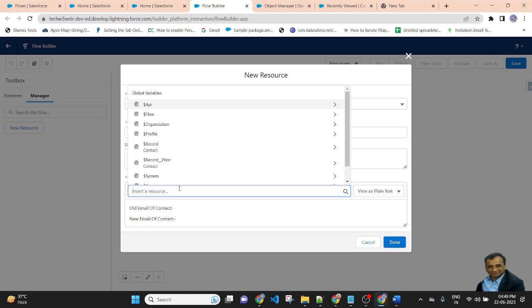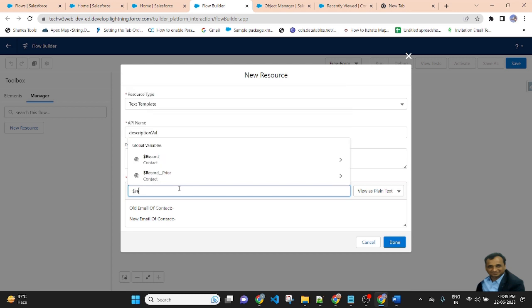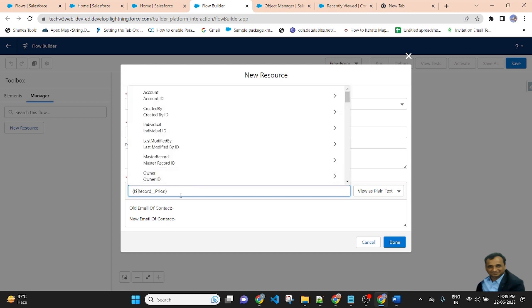Passing the attribute value: $Record__Prior.Email.